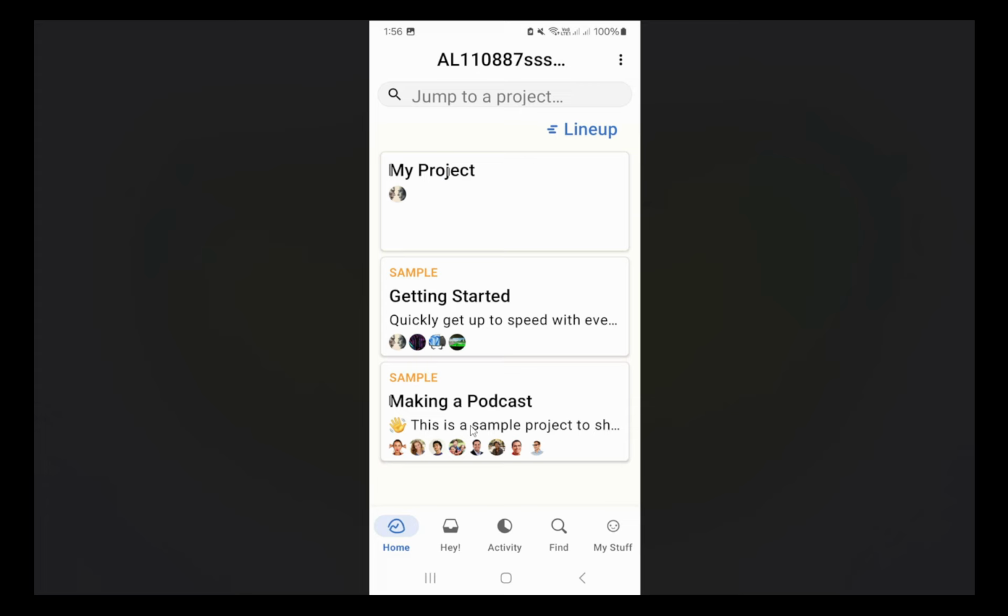So that's it. You're all set up to use Basecamp on your Android device. With this app in your pocket, you're ready to tackle